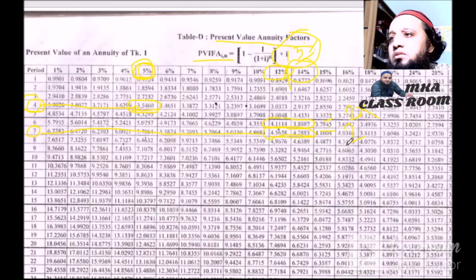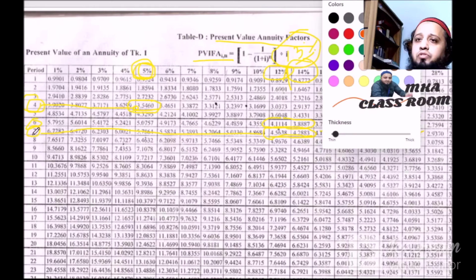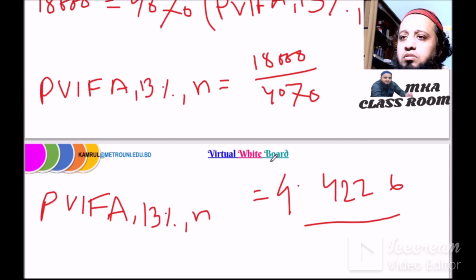Then if we add these two values and divide by 2, our result is matching. But at first we tried at year 6, and that is not matching our calculation. So we can say our required period is 7. So we put down this value in here,